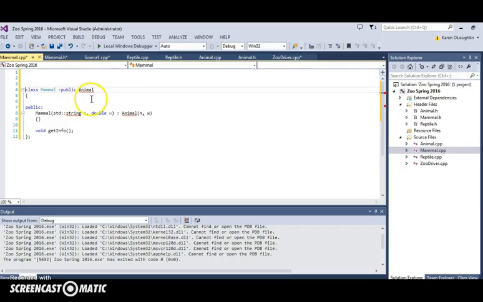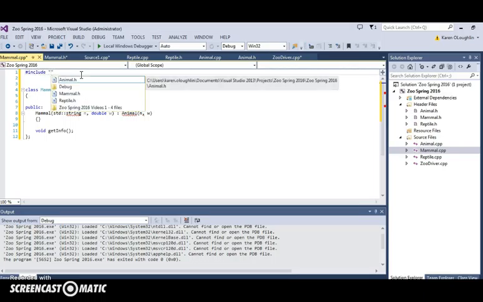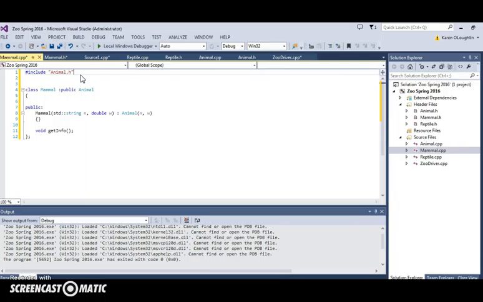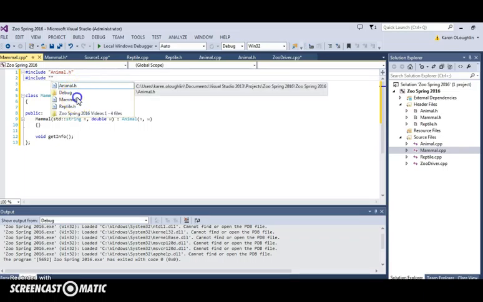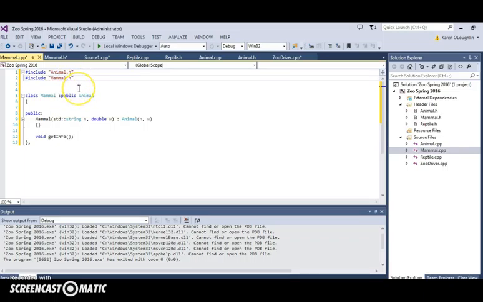It's not recognizing animal, so we have to pound include animal. That's going to be in quotes. Hit the tab key to fill that in, and we're going to need to pound include mammal.h, and so mammal.h will also need to be pound included here. And then we